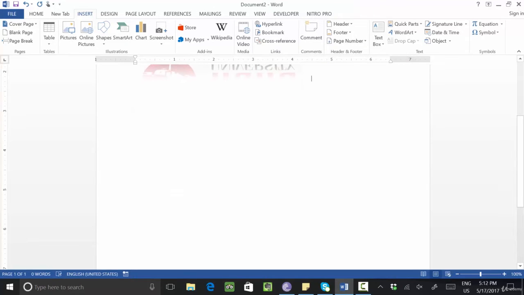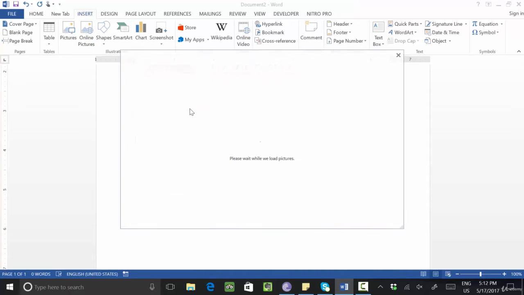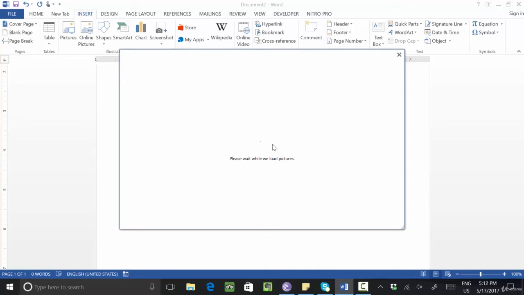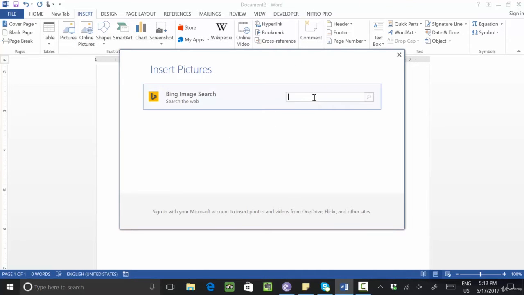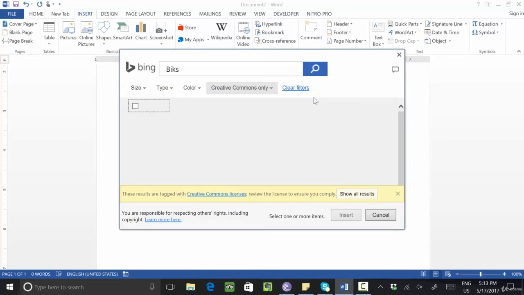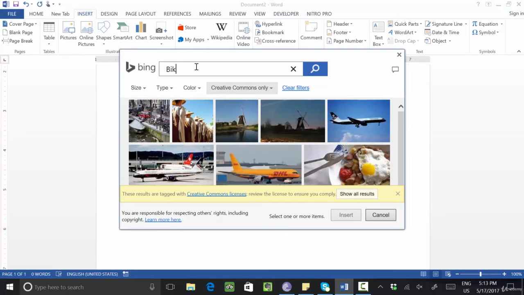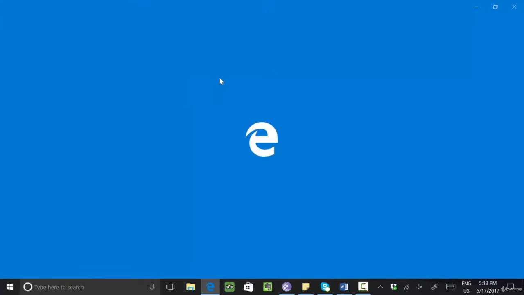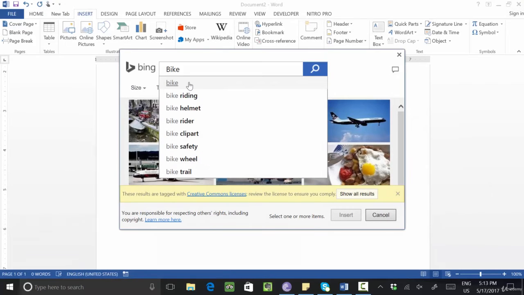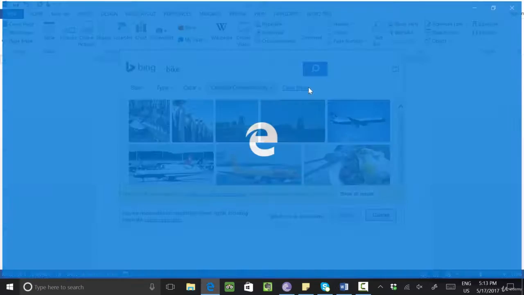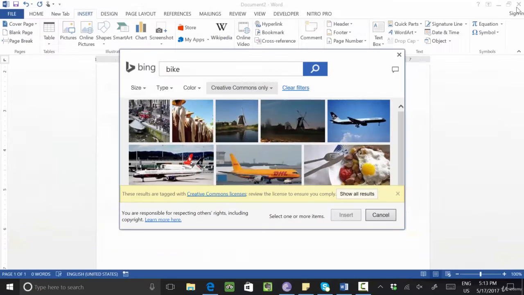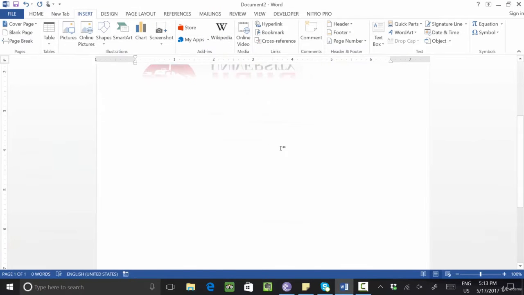Wait, let me add some picture here again. Go to online pictures. Okay, now here I will write bike. Let's say you need a picture of a bike. One minute.